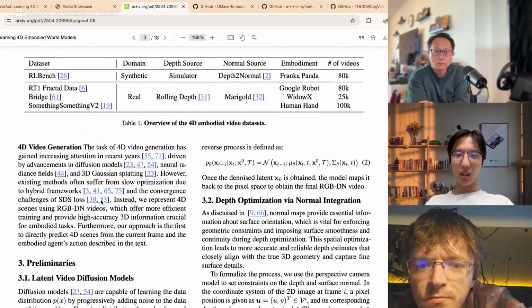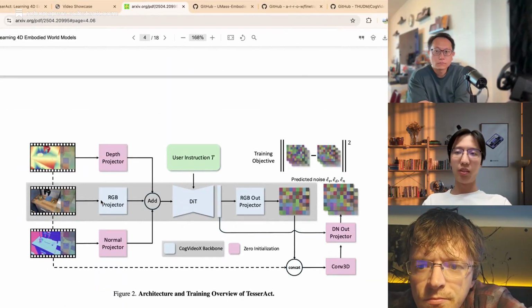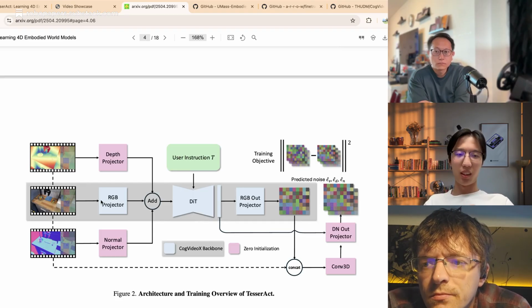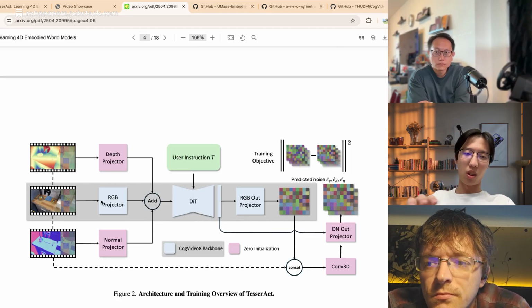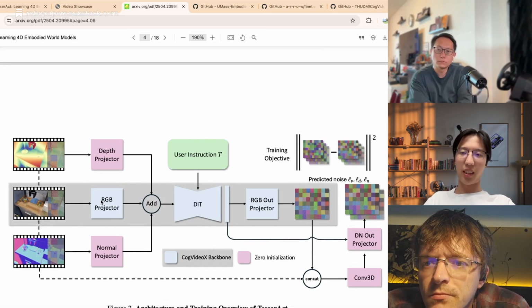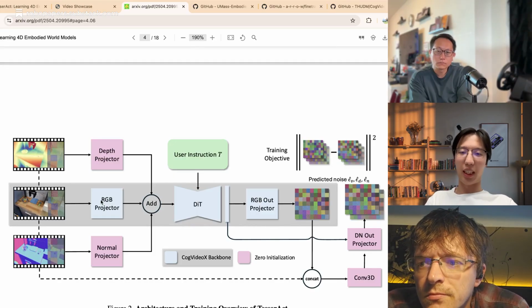I think this is because normal can reveal some geometry clues for the 3D scene, like how smooth a surface is. Then it can help us to refine or improve the depth map.